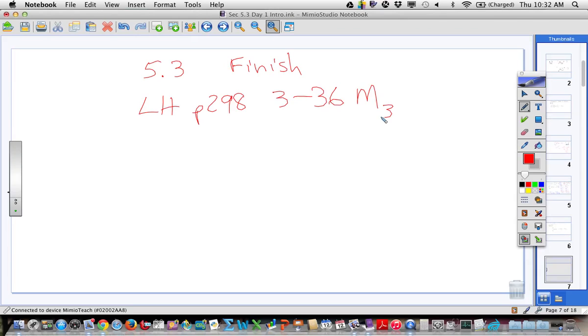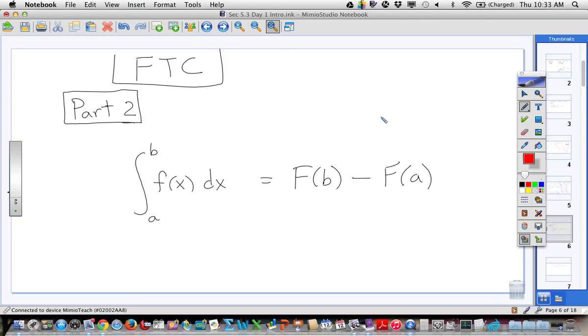Right? And so as you have questions, we can talk about them here. But let's take till about 10 till and work on some of those, just using this fundamental theorem part 2. Okay? Get together and work on that a little bit, and we'll